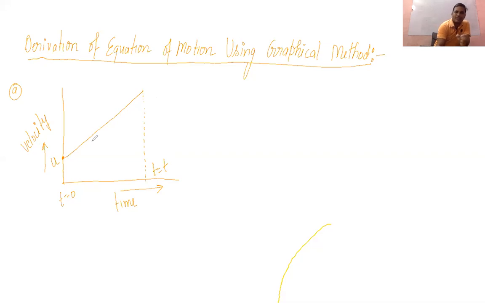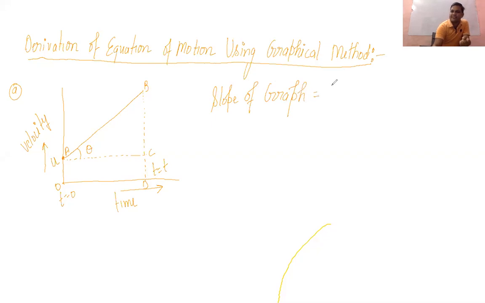So what we are willing to do is calculate the slope of this graph. How can we calculate the slope of this graph? We can draw a line parallel to the x-axis and mark the points. Let's say this is O, this is A, this is B, this is C, and this is D. If you are willing to calculate the slope, the slope of the graph is going to be calculated as tan theta.